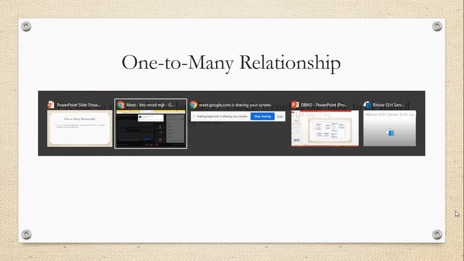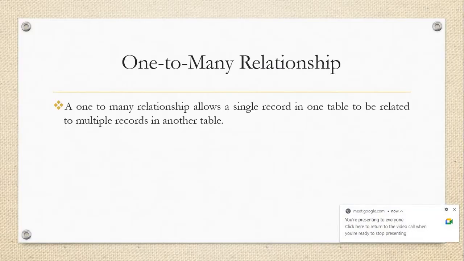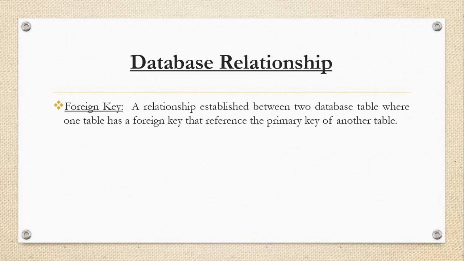Like that, we need to learn about the relationship, and in that relationship we'll check one table's relationship with another table, or another table with a third table. So like that we can check the relationship. First of all, we must know the theoretical concept of foreign key, because it plays a very important role while creating the relationship. If you don't know about the foreign key and primary key, then we cannot establish or create the relationship. So these relationships are most important, and for that we must understand the concept of foreign key.